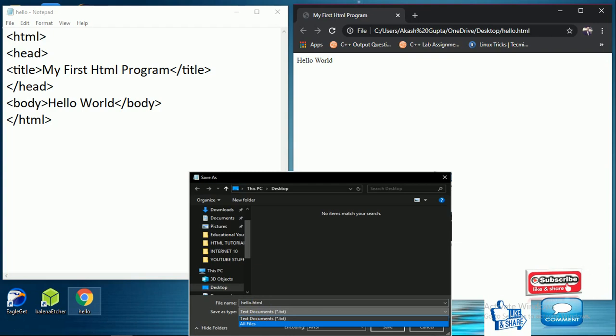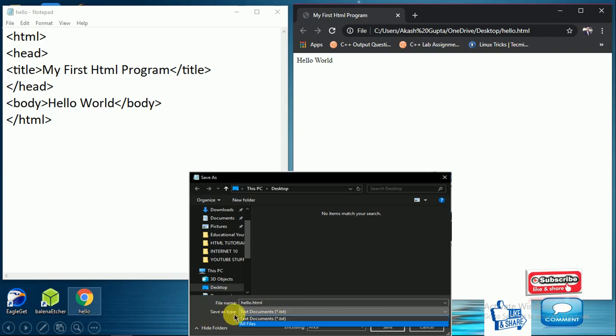So .html or .htm is the extension of an HTML file. If you do not give this extension, the browser will not recognize the file as an HTML file and will not give you the output in the web browser. So always keep in mind that whenever you save an HTML file, you can give the file name as per your choice, but after it you have to give .html or .htm.